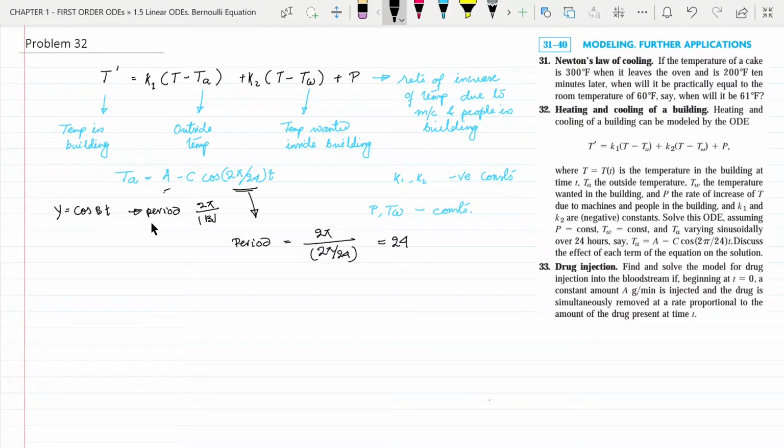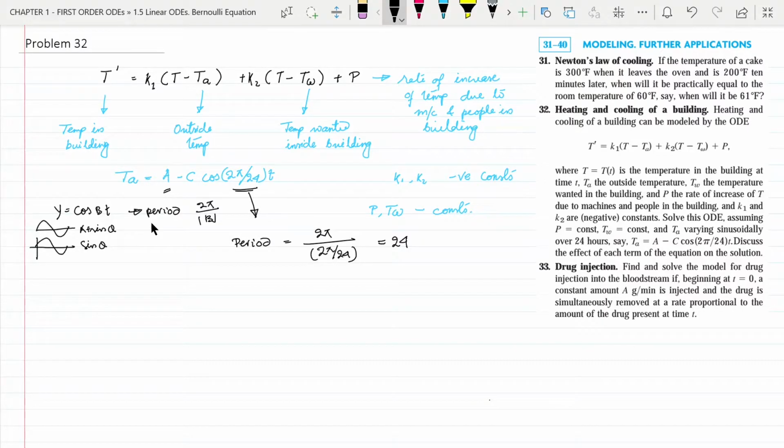Now what about this A term? This A term is only an offset term. So for example, if this is the graph of sin theta, then the graph of A plus sin theta will just shift upwards on the y-axis. So this term is nothing but an offset term. This term helps this cos function go upwards or downwards. Anyway, now that the differential equation is established, we are going to solve the differential equation and explain each term of the solution. So let us solve the differential equation.